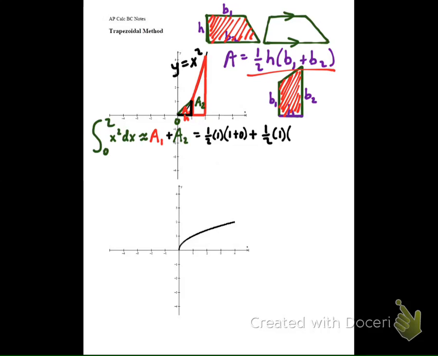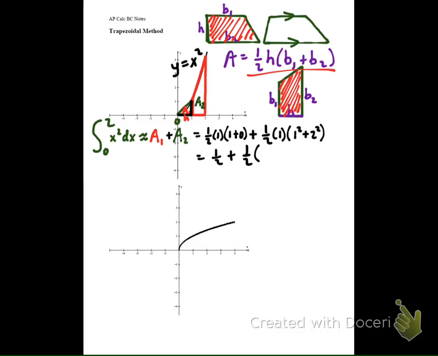lengths of the bases. And the length of the first base, which would be f of 1, we know that f of 1 is 1 squared. We know that f of 2 is 2 squared. So we have our trapezoidal approximation. Shouldn't say exact value, but our trapezoidal approximation would be 1/2 plus, and then we have 1/2 times 1, which